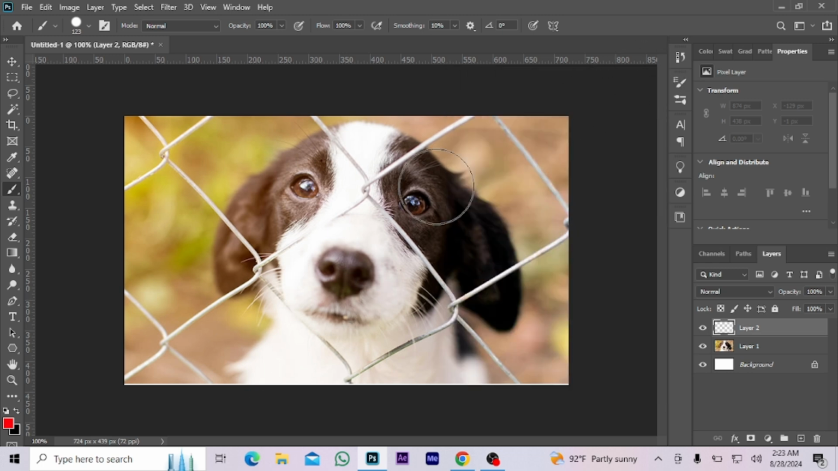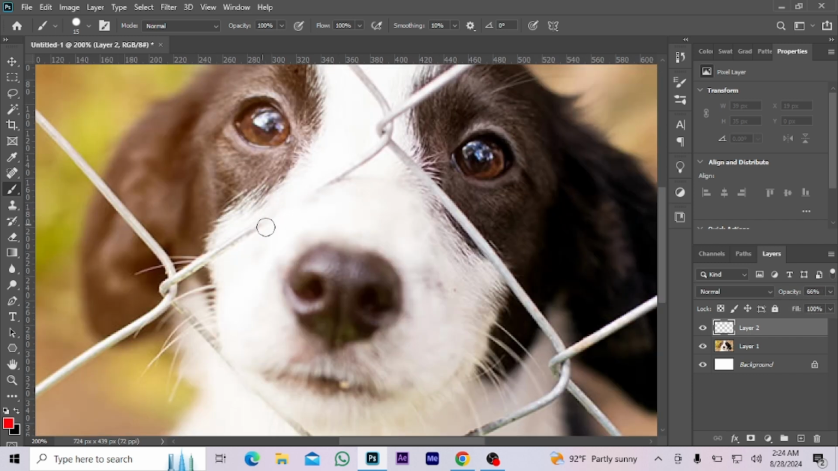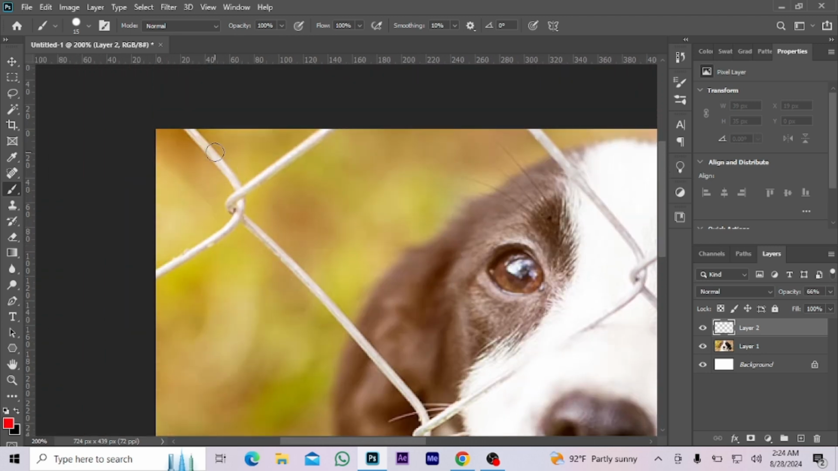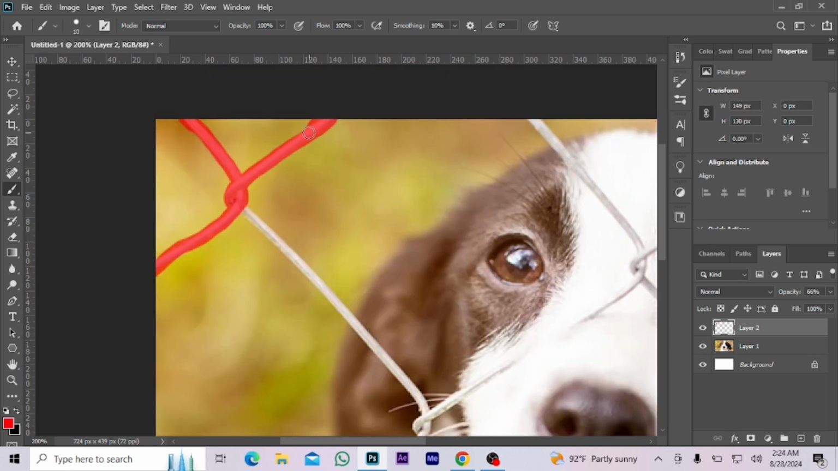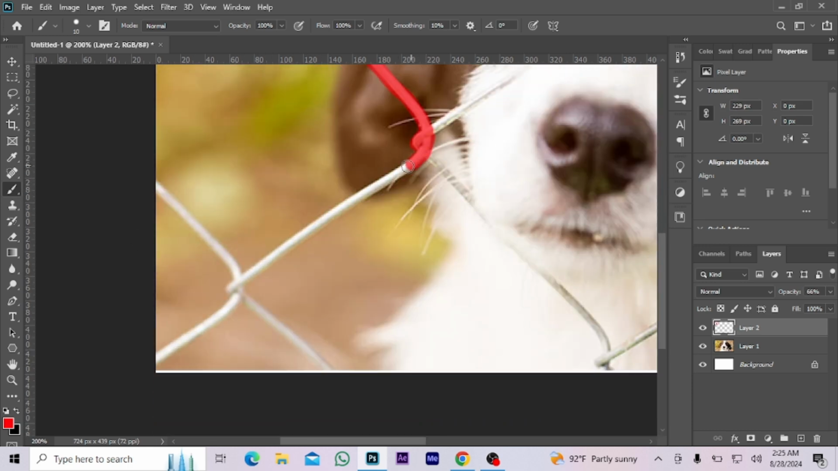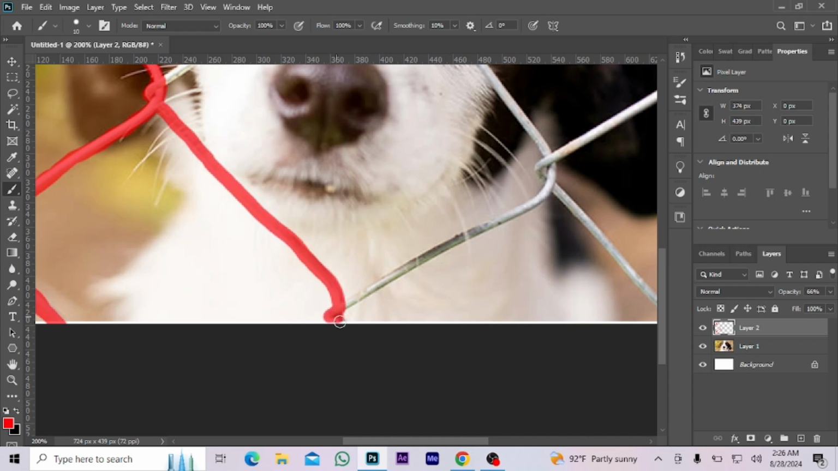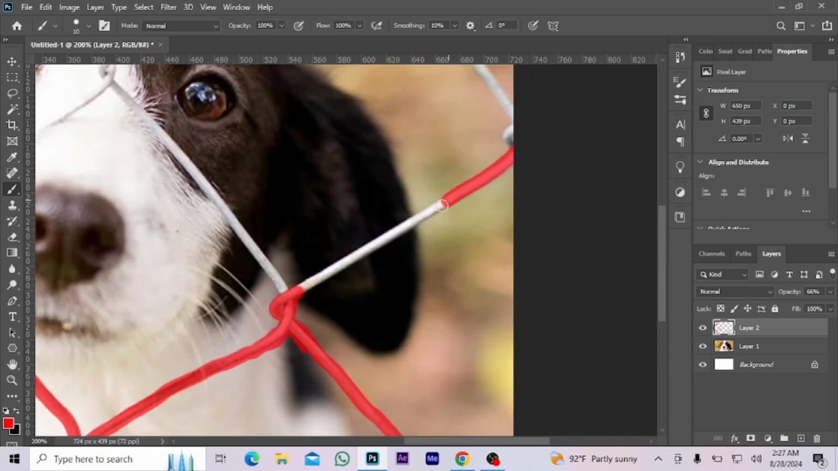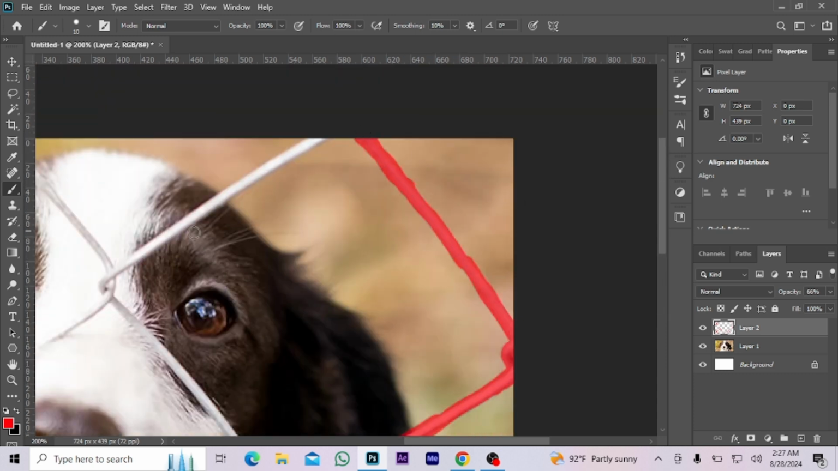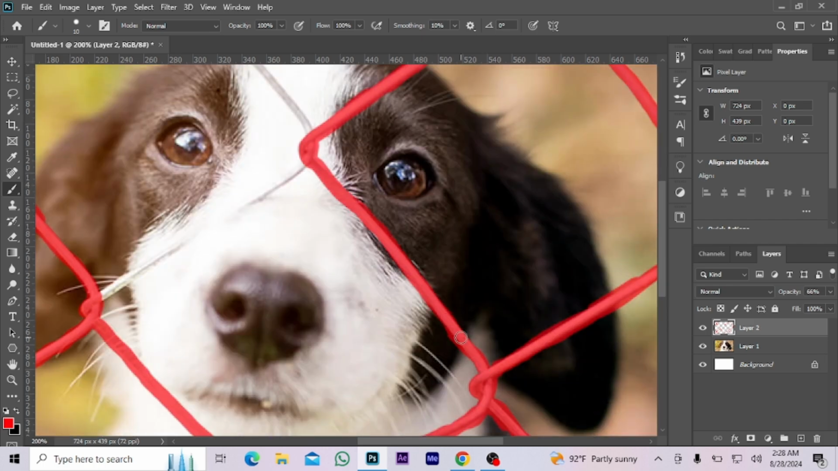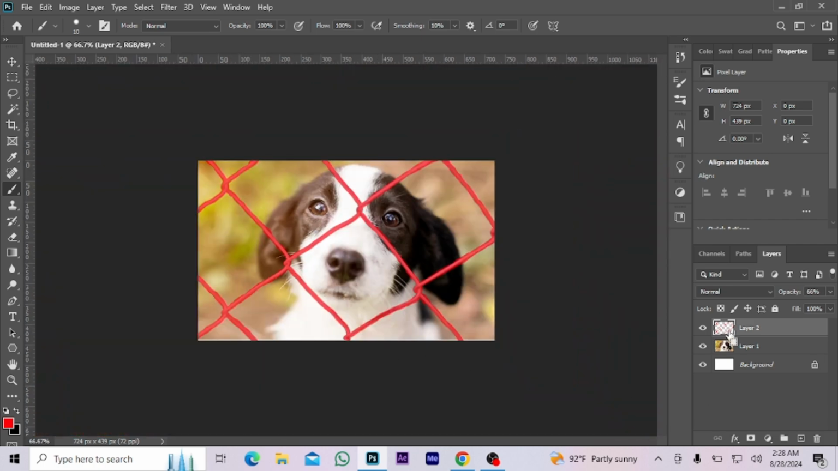Now select the brush tool. Opacity. Now lower the opacity and draw. Now all is perfect. Now press Control